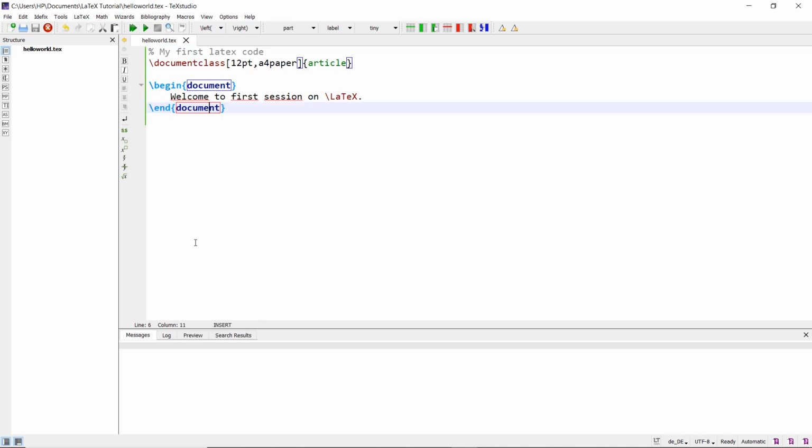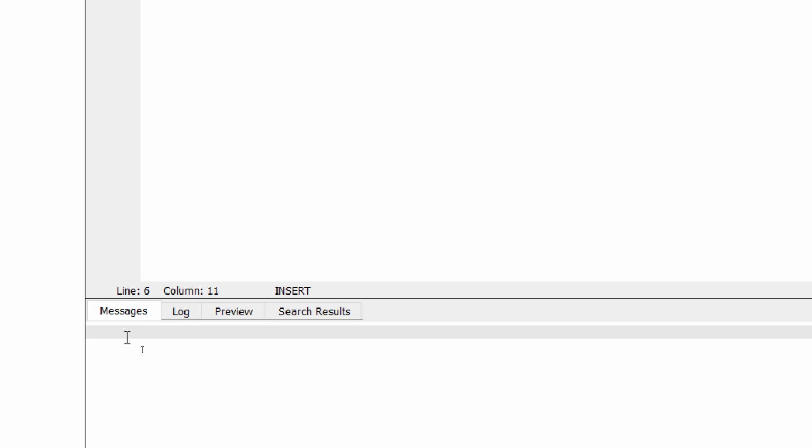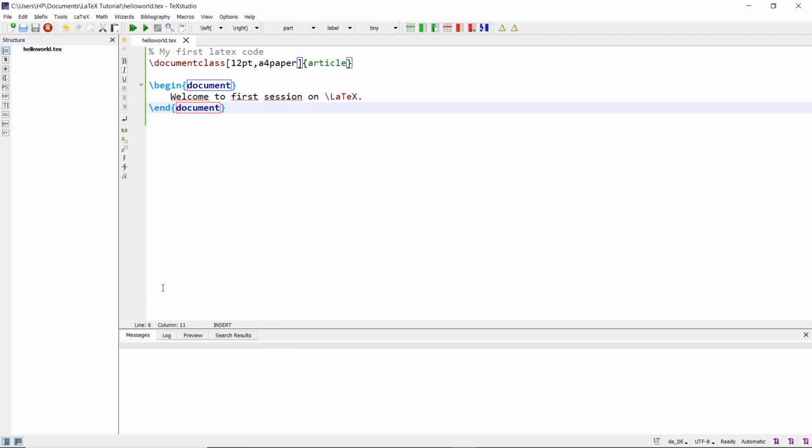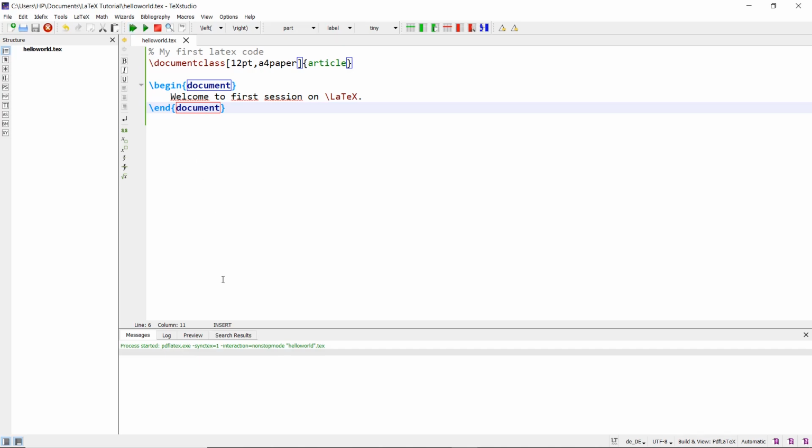So in the messages window, you will see all the steps after the compilation. So I'll go ahead and click on build and view. So I'll press F5. You can see here